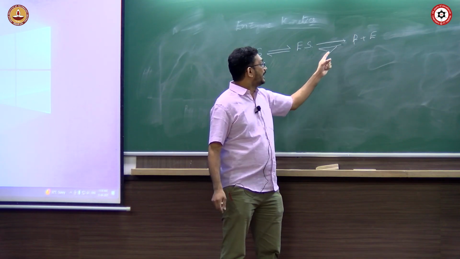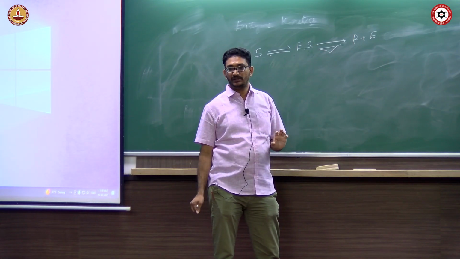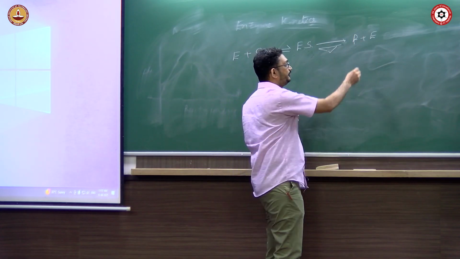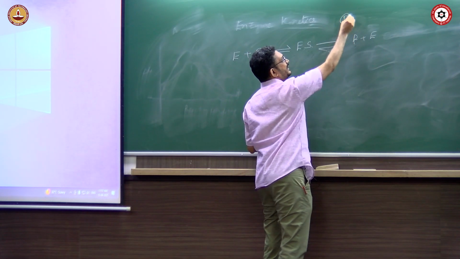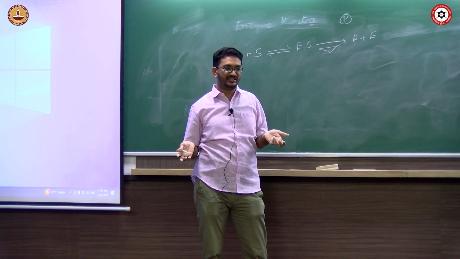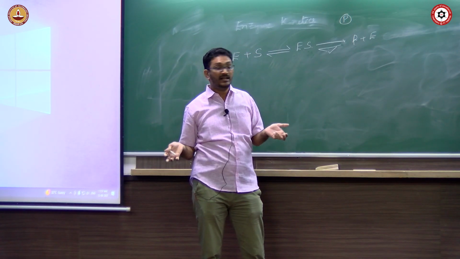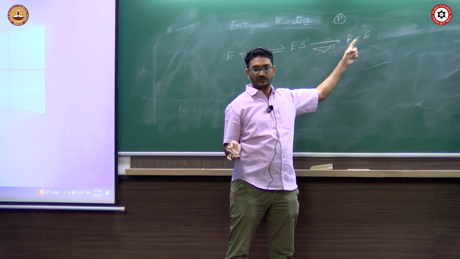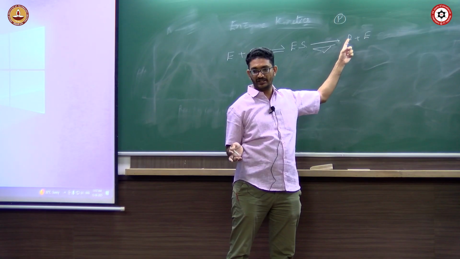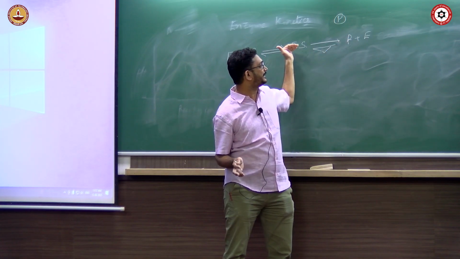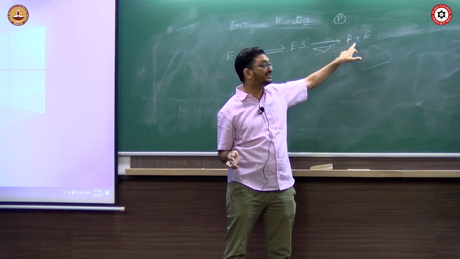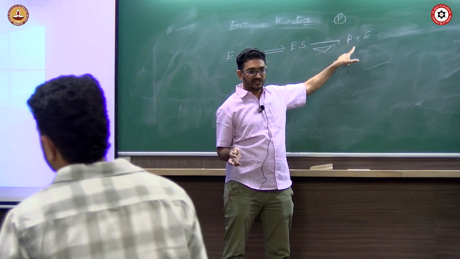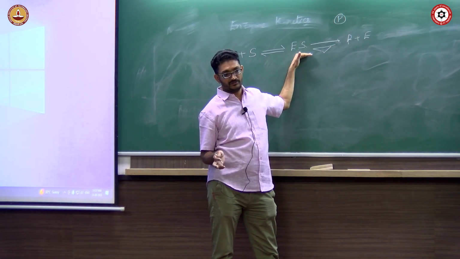One is, now you all know of Le Chatelier's principle. Now ES is in equilibrium with P plus E, right? If to start with your product is very low, almost negligible, it is not there to start with, right? So if this is very less, the reaction is always in this direction. Even if there is equilibrium, the reaction always proceeds in the forward direction, because this is very low. So as long as the product concentration is low, you can ignore the backward reaction, right?